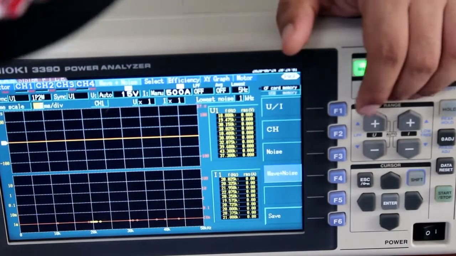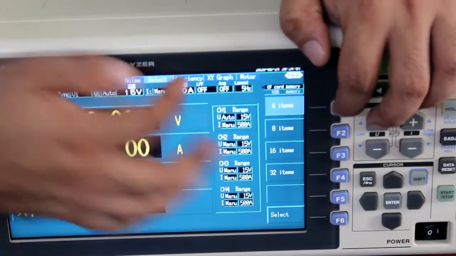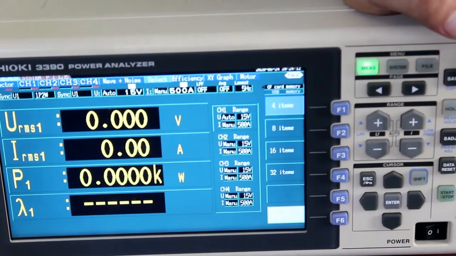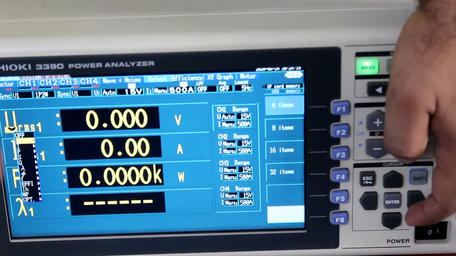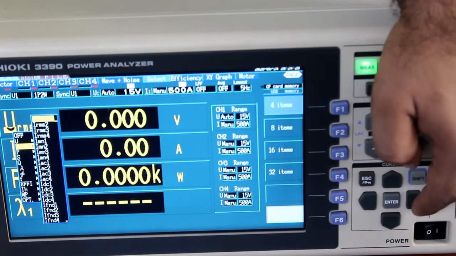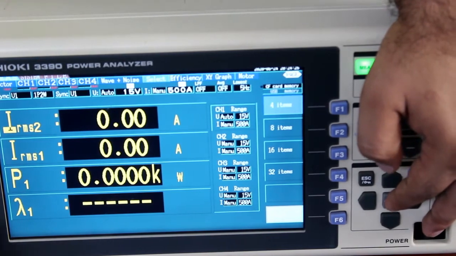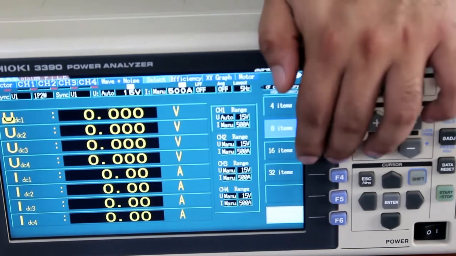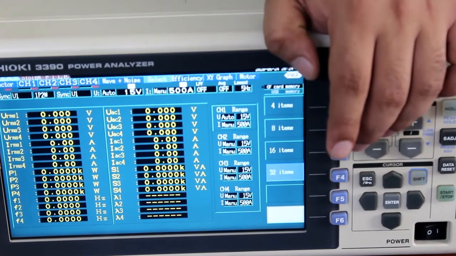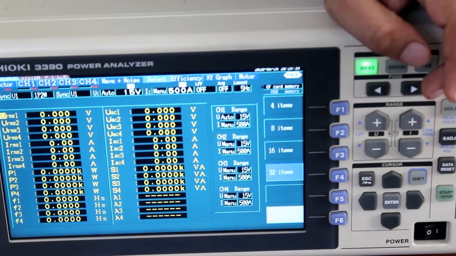Now if I come to the next page, this is a particular selection page. If I want to go to the zoom, it can be done like that. If I press this F6, I can select the particular parameter I want to see. All those parameters can be selected here, and then if I select anything like this, it will be selected. If you want to see 8 parameters simultaneously, 16 parameters simultaneously, or 32 parameters simultaneously, you can do that. Similarly, a particular parameter can be selected here by pressing the F6 key.